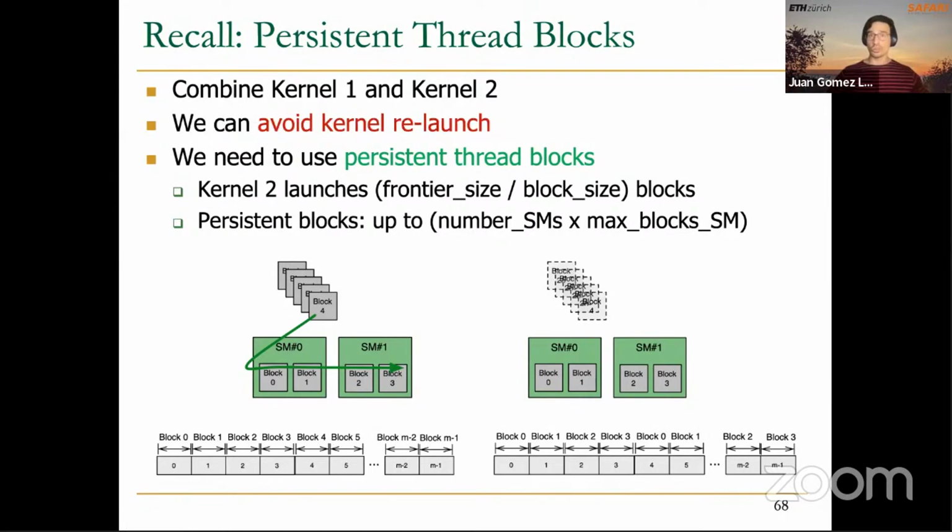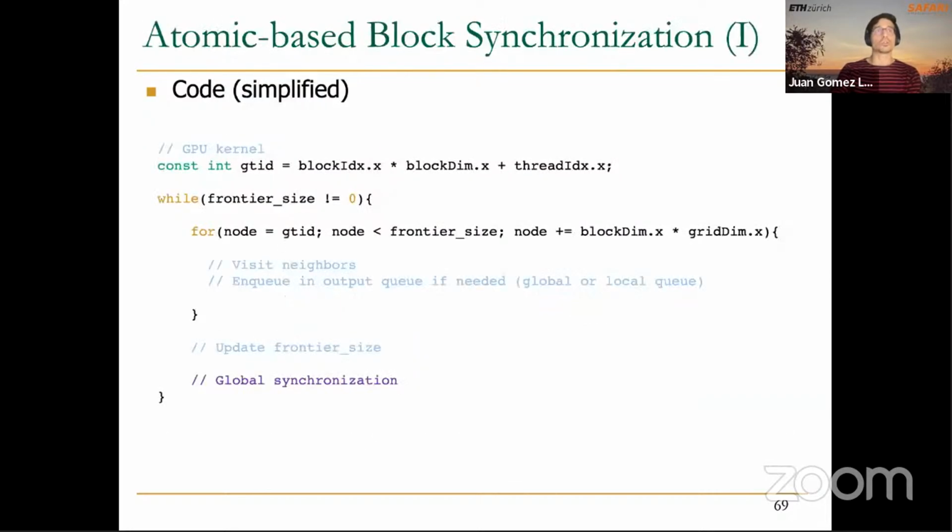thread blocks that we need to process the frontier, what we launch is only a number of thread blocks that can fit in the available resources and that can run concurrently at the same time on the GPU cores. And as soon as each of the thread blocks is done with the assigned part of the workload, it goes to the frontier and gets one more chunk of the frontier and continues the execution. And by using persistent thread blocks, it's also possible to implement atomic-based global synchronization across the thread blocks running on